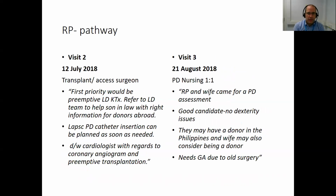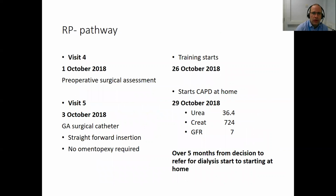July 18, the second visit, he'd seen a surgeon who suggested laparoscopic PD insertion could be planned as soon as required. He then required a further visit in August 2018, where he had a one-to-one assessment and a nurse education visit with one of our peritoneal dialysis nursing team. A fourth visit was a further surgical assessment preoperatively. Finally, on the fifth visit, a surgical catheter placed under general anaesthetic, straightforward insertion, and he started training late